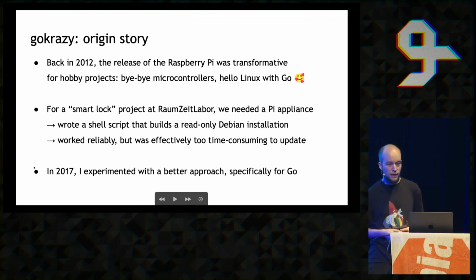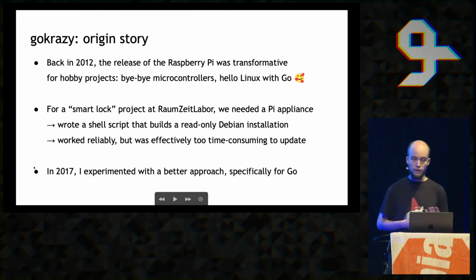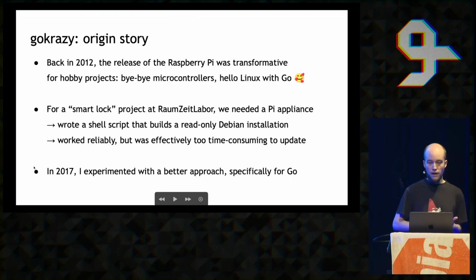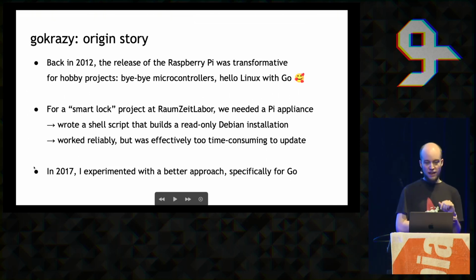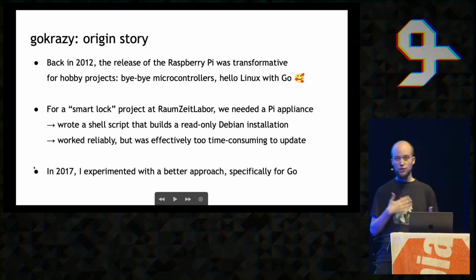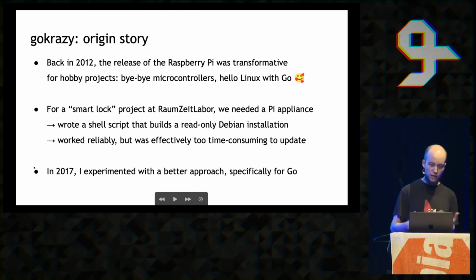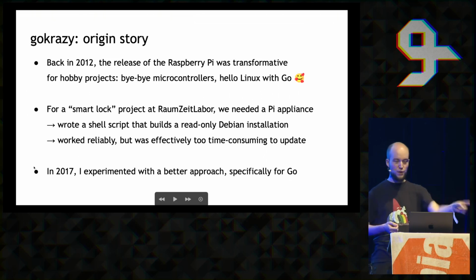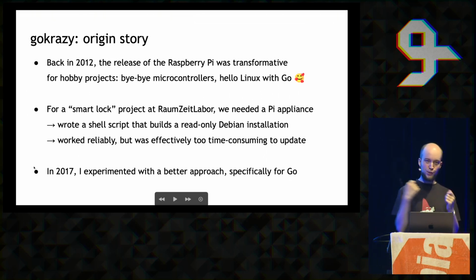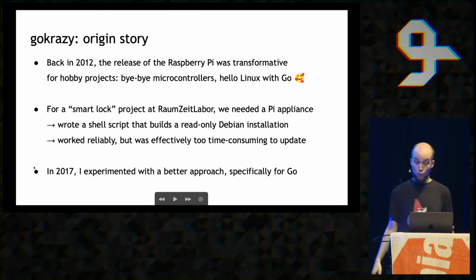Back in 2012, I was part of the Raumzeitlabor hackerspace in Mannheim, not far from here, and we were working on different projects for automating that space. For example, the house bus project, where we just wanted a bus system for our home, kind of like a very early version of a smart home. And we were working with all of these microcontrollers, and it was a huge pain, and we weren't really getting anywhere because everything took weeks, and it was hard to debug, and so on. And then the Raspberry Pi was released. And I was like, wow, we need that. We need to say goodbye to microcontrollers, just use that, install full Linux, run it, and we'll be done. And that worked. It worked beautifully.